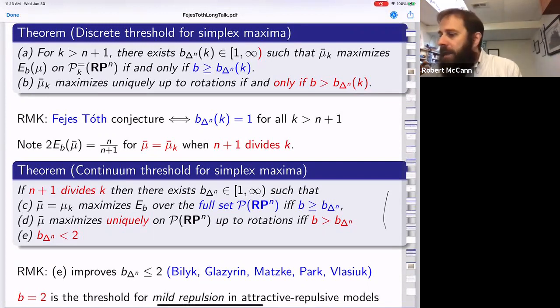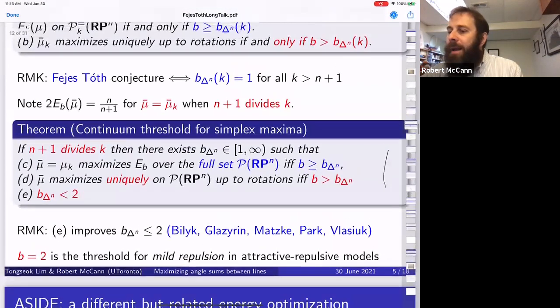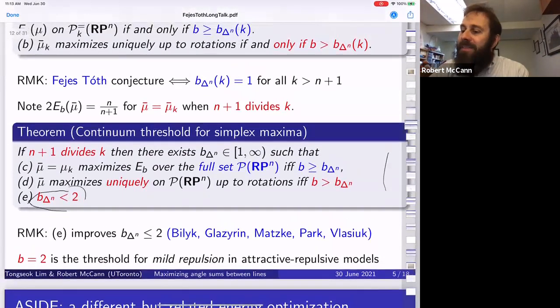Okay, and so let me say why we were happy to be able to show that B was actually strictly less than 2. Eventually I'm going to talk about the proofs of these results, but before I say anything about the proofs, let me say why 2 was an important psychological value for us. So before I studied this problem, Lim and I worked on a different problem,